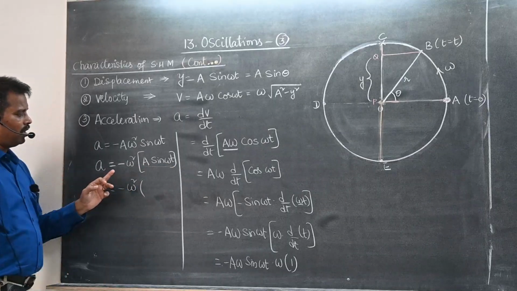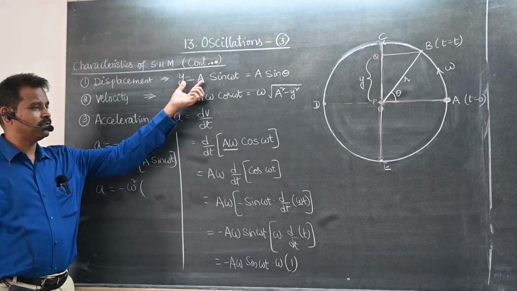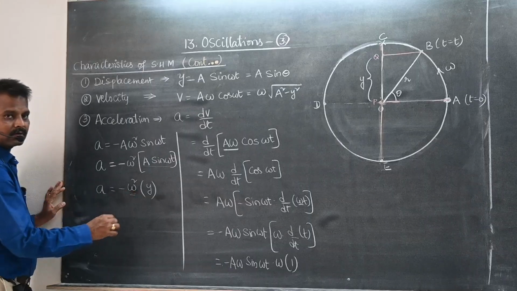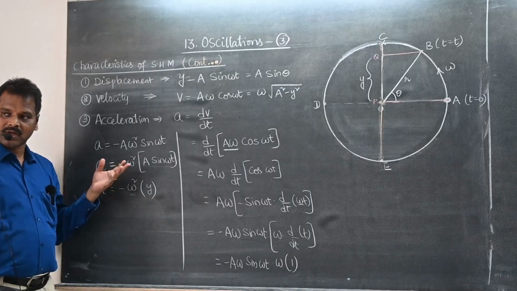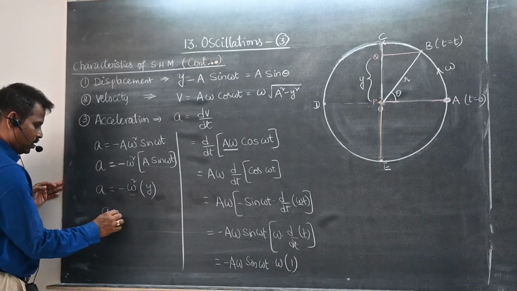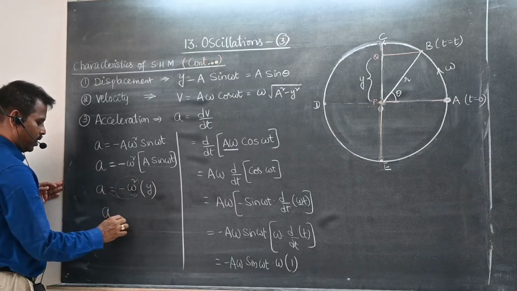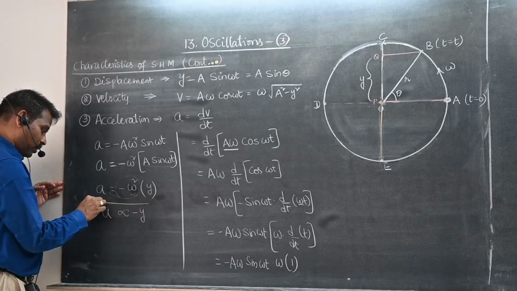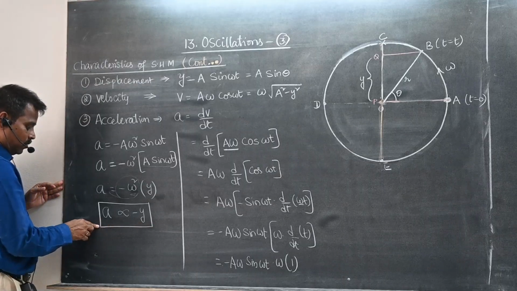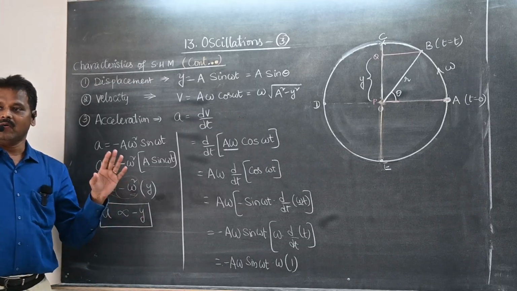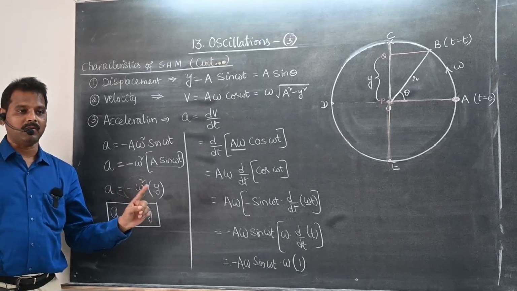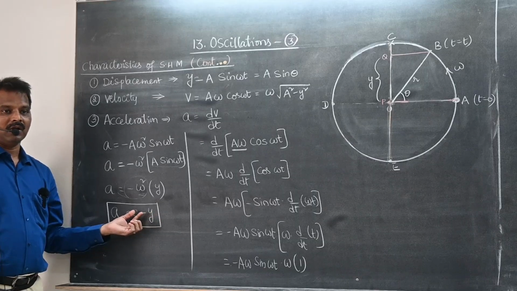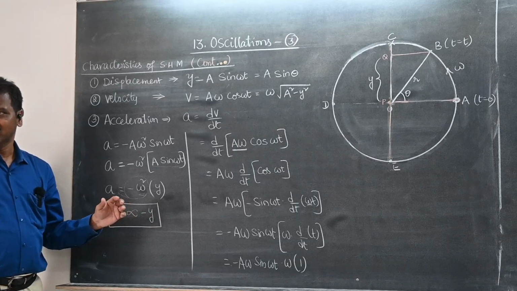What is this equation? What is this? Displacement. Why? Now, is it constant or not? Omega is constant, omega square is also constant. So a is equal to some constant into y, a directly proportional to minus y. This is what we were learning for the last two classes. Whenever a particle is executing simple harmonic motion, acceleration is directly proportional to displacement, but opposite to it. These are the conditions for SHM.